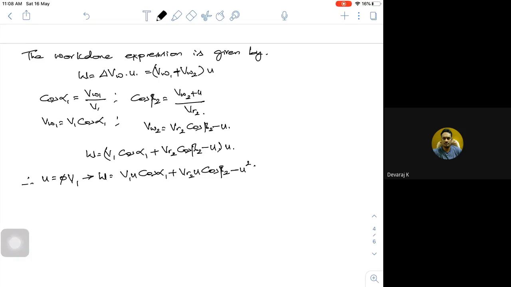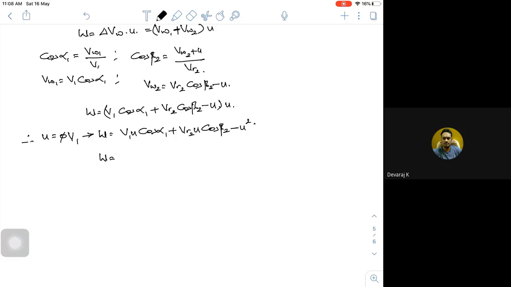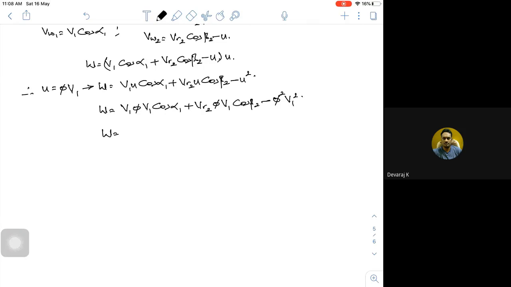Now let's substitute it. So W is equal to V1 as it is. This will be phi into V1 cos alpha 1 plus VR2 into phi into V1 cos beta 2 minus U, where U is equal to phi square V1 square. So W will be equal to, if I take V1 square as my common outside, this will be phi into cos alpha 1 plus,